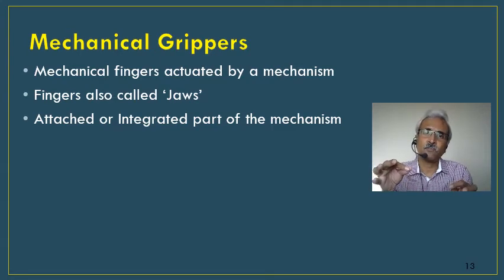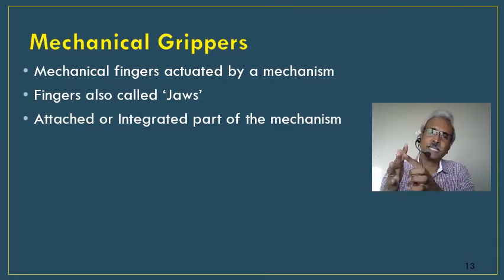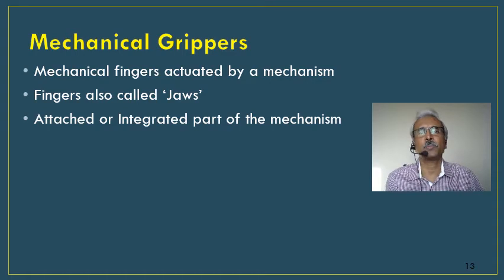So most of the wear and tear happens only in the fingers. Over a period of time, when this is worn out, I'm supposed to replace this. If the finger is attached to my hand, I can remove this finger and then attach another finger. Instead, if the finger is an integral part of your hand, then when something goes wrong with your finger, the entire hand has to be replaced, which is going to cost you.